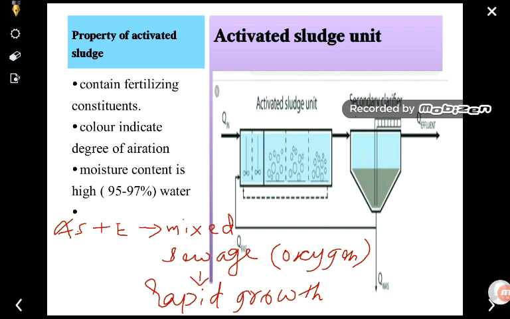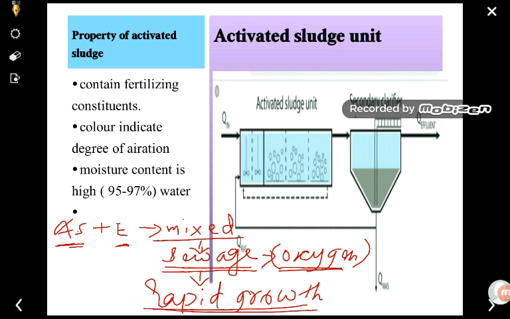Then how does this activated sludge work? तो वर्किंग बहुत इंपॉर्टेंट होता है. नॉर्मली क्या होता है, एक्टिवेटेड स्लज जो होता है it is added to the effluent. एक्टिवेटेड स्लज जो है एफ्लुएंट के साथ ऐड किया जाता है, and then they are mixed thoroughly, अच्छी तरह से मिक्स किया जाता है, and then they are normally added to the sewage water. सीवेज वाटर में ऐड किया जाता है जो भी है एक्टिवेटेड स्लज प्लस एफ्लुएंट, ये दोनों को मिक्स करने के बाद सीवेज वाटर में यूटिलाइज किया जाता है, and this sewage water contains the sufficient amount of oxygen. ये सीवेज वाटर में सफिशिएंट अमाउंट ऑफ ऑक्सीजन प्रेजेंट होना चाहिए, और प्रेजेंट होने के बाद क्यों प्रेजेंट होना चाहिए? For the rapid growth of the organism.